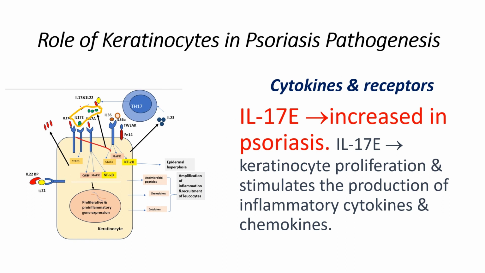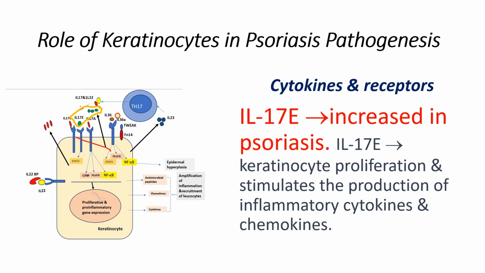The expression of interleukin 17E in the epidermis is increased in psoriasis, primarily due to the upregulation by interleukin 17A. By binding to its receptors on keratinocytes, interleukin 17E facilitates keratinocyte proliferation and stimulates the production of inflammatory cytokines and chemokines through the activation of